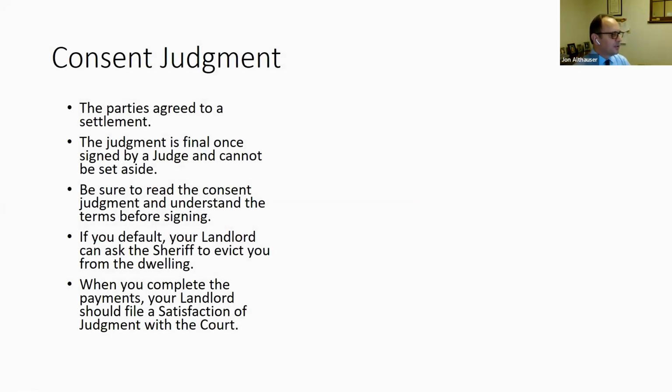Consent judgments. So I'll talk generally about this. Consent judgments are judgments where you and the landlord work out some sort of agreement, usually for you to pay off the rent and stay. Okay. So often, let's say you owe $3,000 of rent, and you're going to pay your current rent and then make additional payments. And as long as you keep current on your rent and make those additional payments,